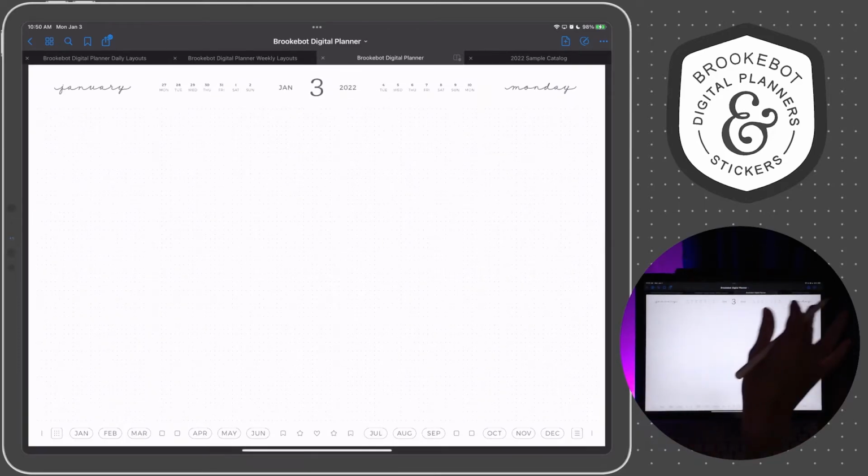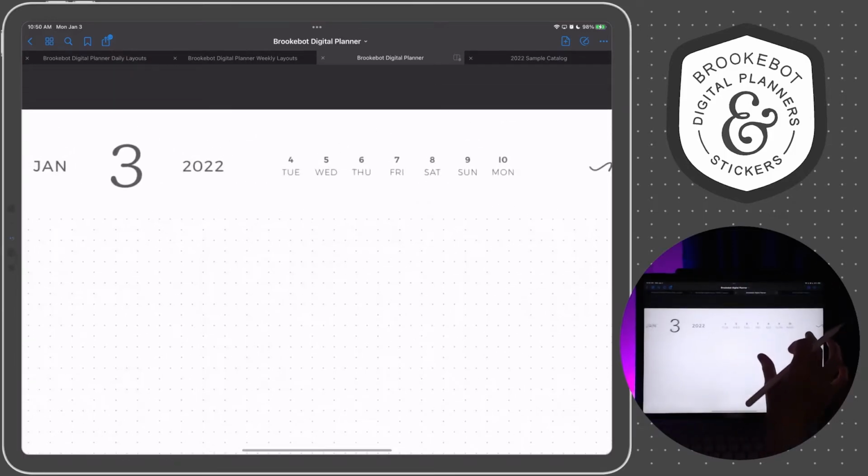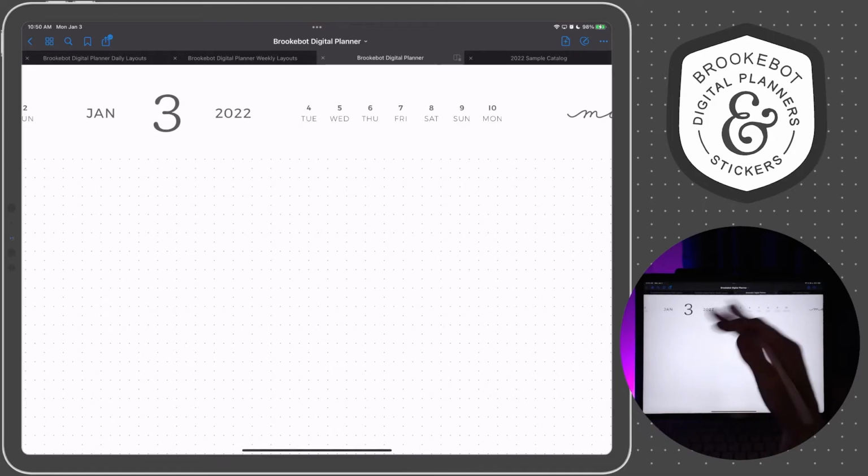And one really neat thing about daily pages, I really like doing this, especially if you have events that occur, or if you copy and paste elements from week to week.